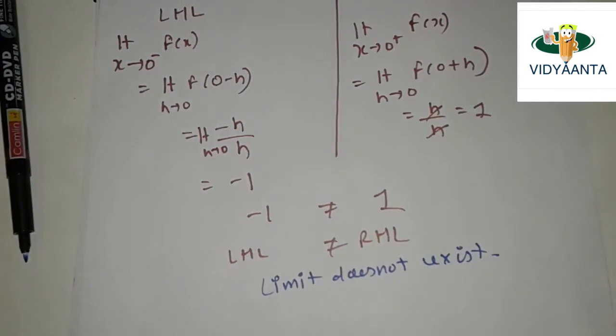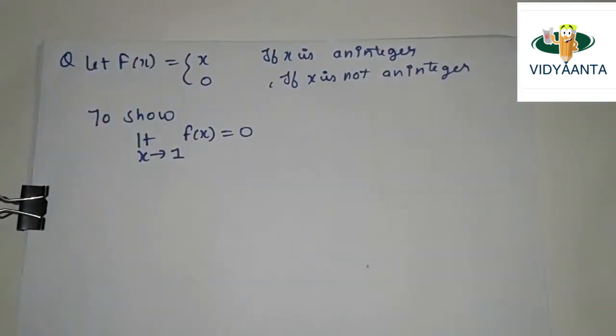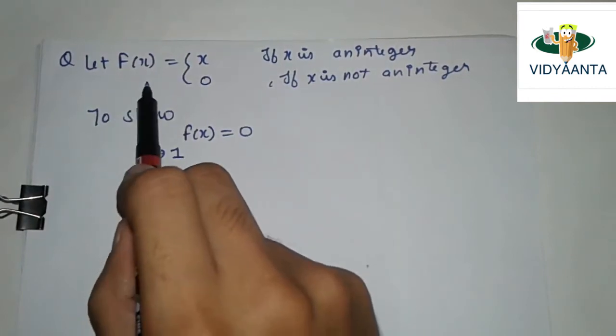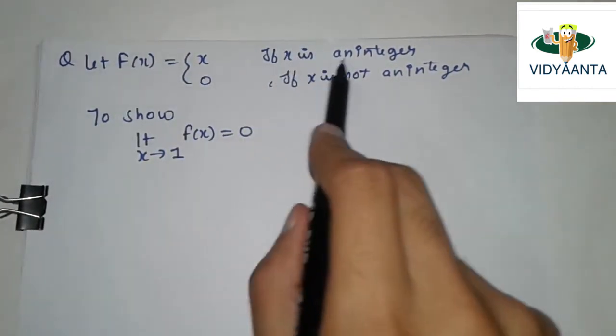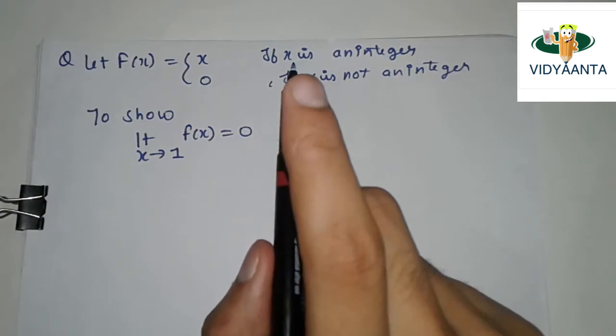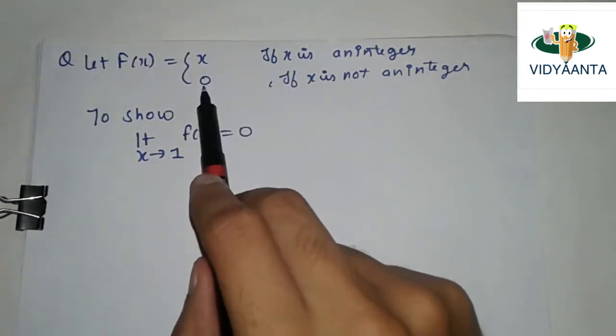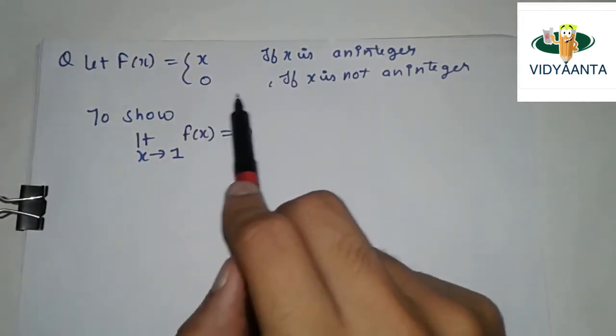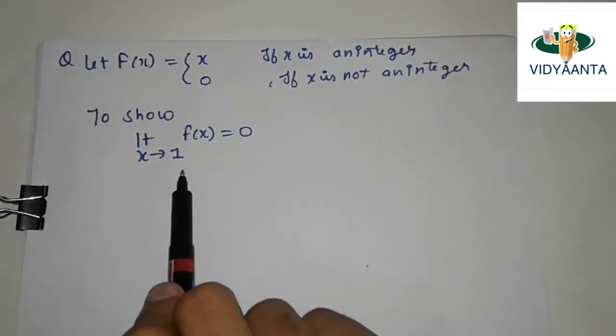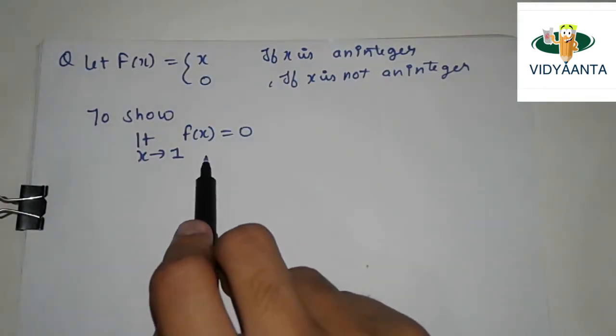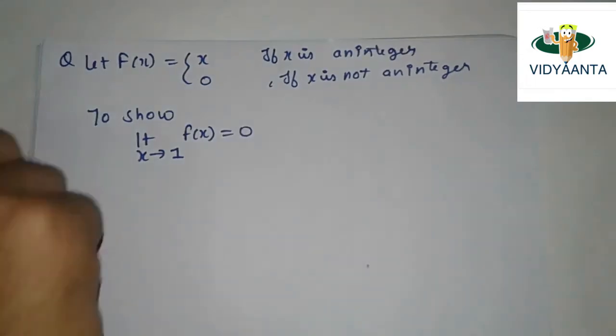Now I will tell you the concept of limit by doing it in some simple steps. According to the given question, f(x) is equal to x if x is an integer having any integral value, or f(x) is equal to 0 if x is not an integer. Show that limit x tends to 1 of f(x) is equal to 0. So its solution: